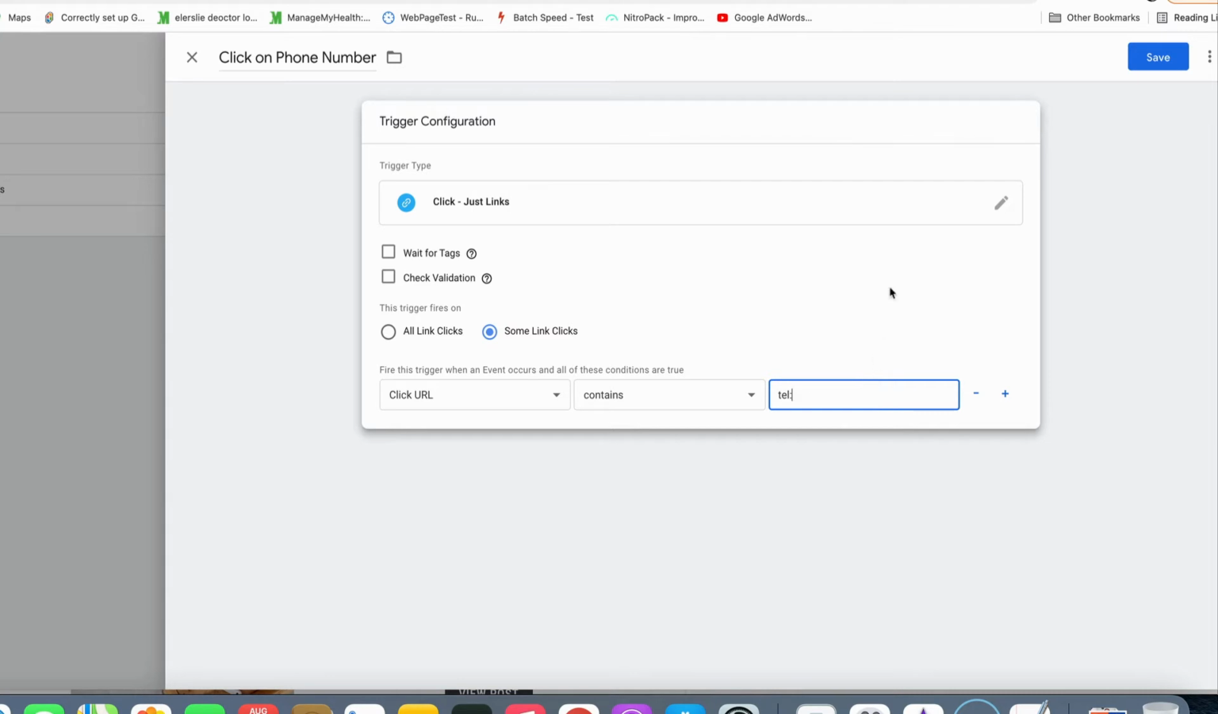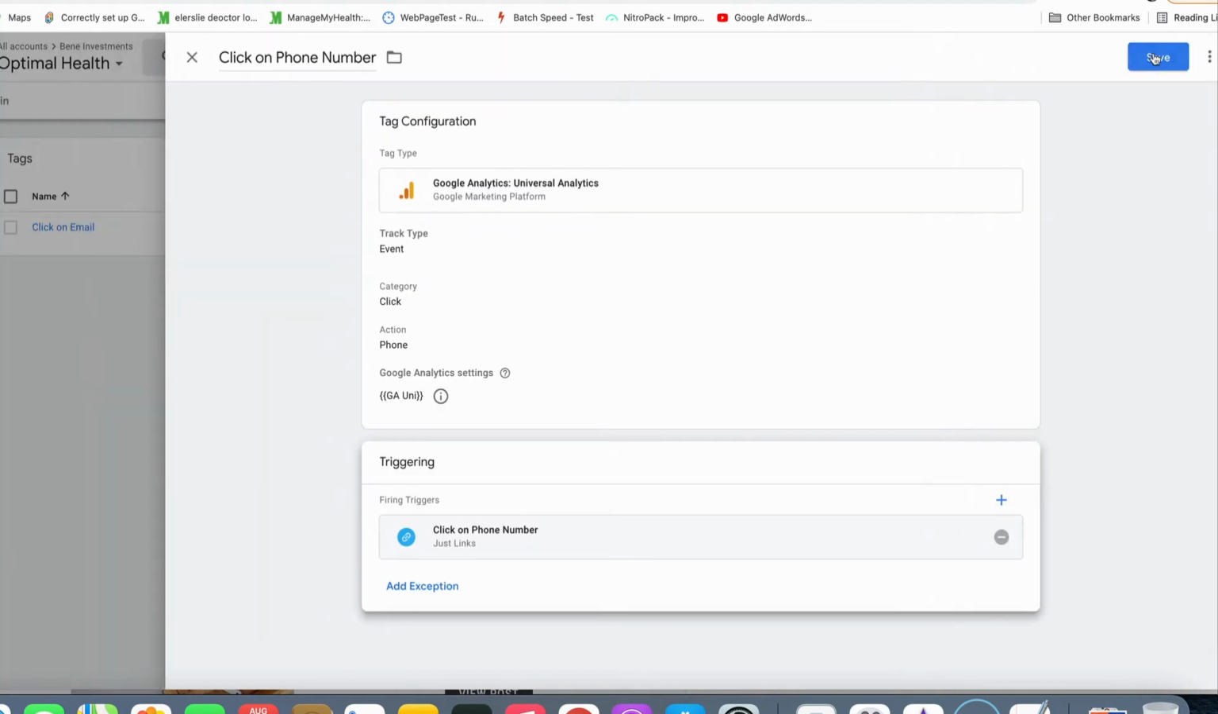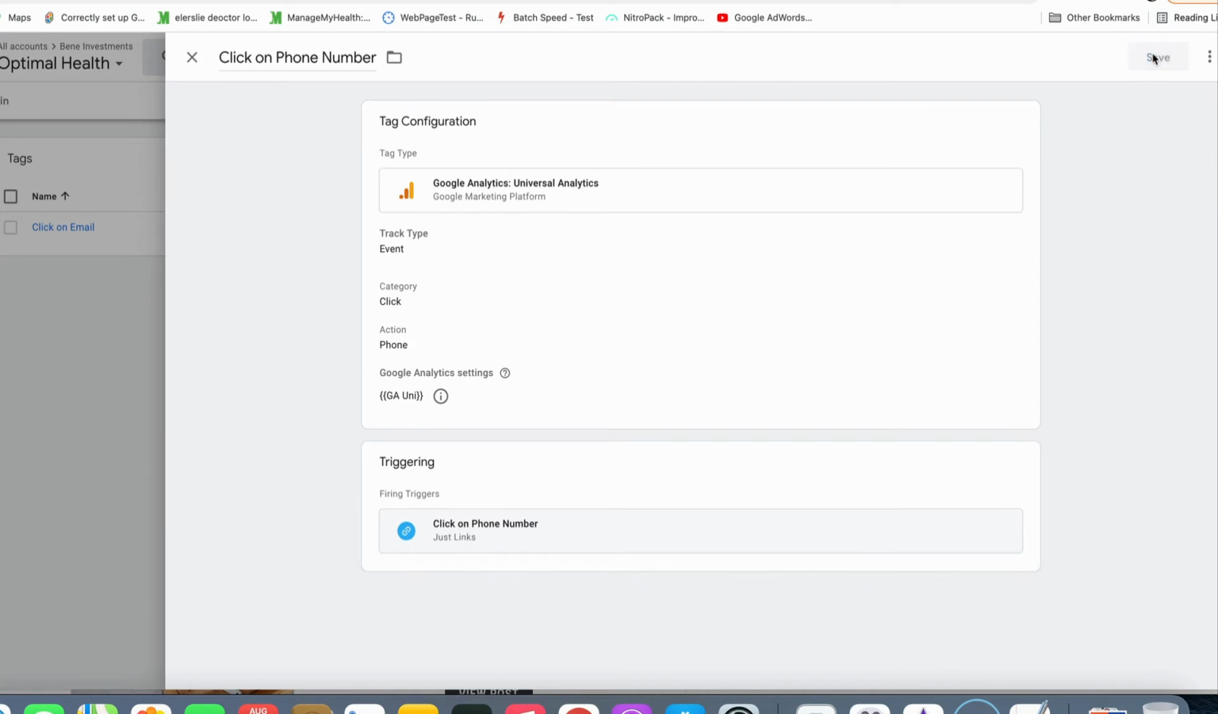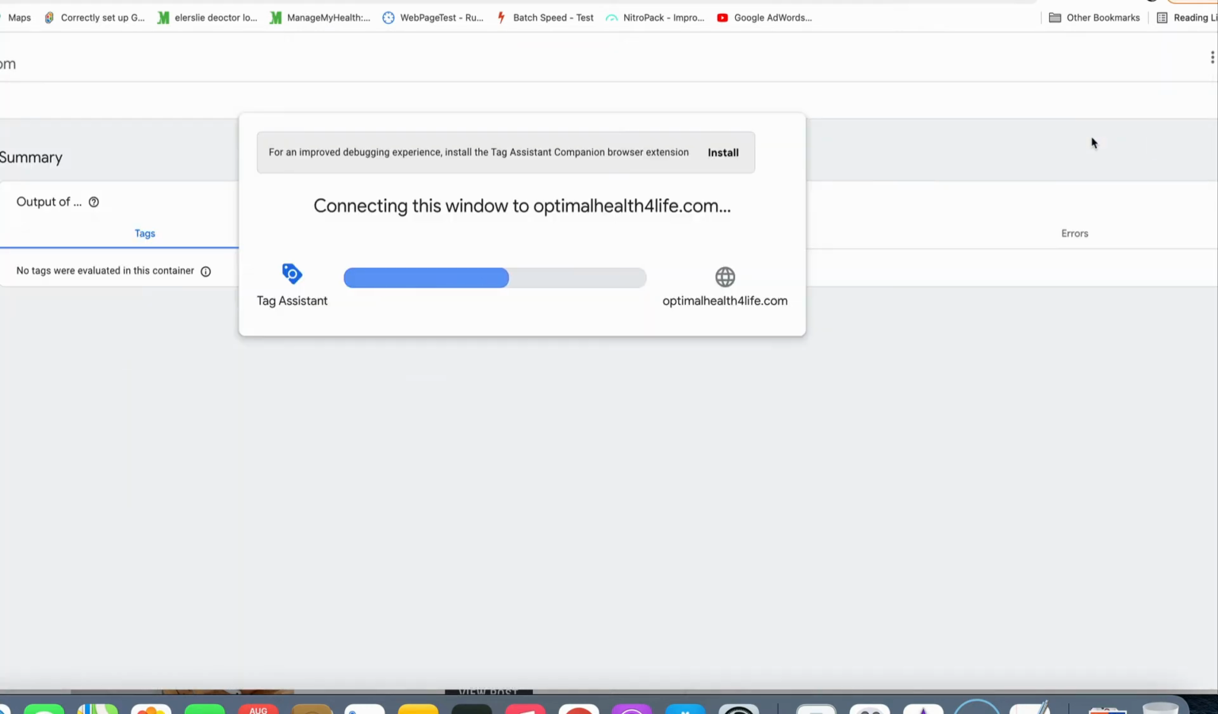Right, so we've done that. We go save, save, and we're good to go. Now the third one, which is our form, we will do that on Google Analytics. What we can do now is just preview, and that will just let us know if our tags are working